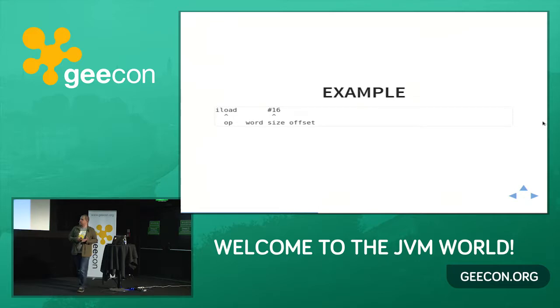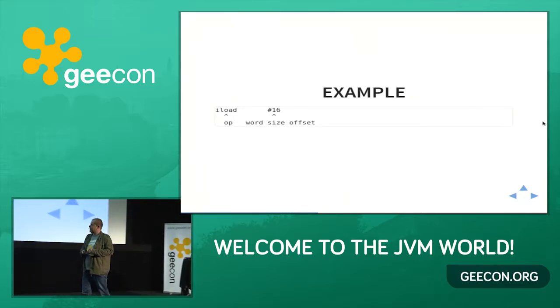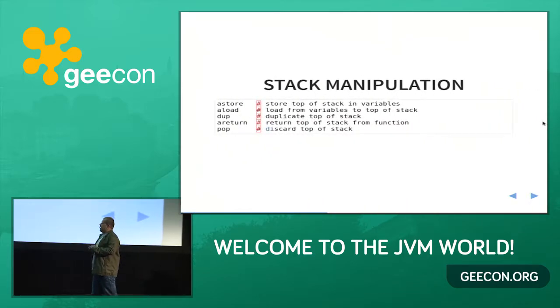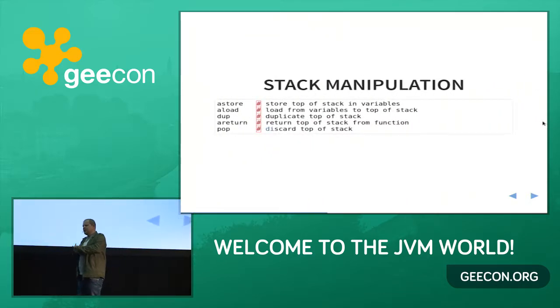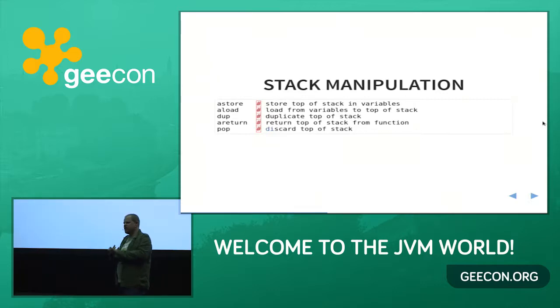So this is how it looks usually. You have the opcode and the operands. So if you look at the bytecode and you start to read it, you will find that what the interpreter does, what Java in interpreted mode does, the majority of its time it's spending on getting something from the variable table, pushing it on the stack, getting something from the stack, pushing it to the variable table. And here are the operations you have.